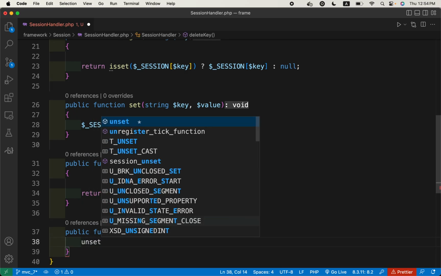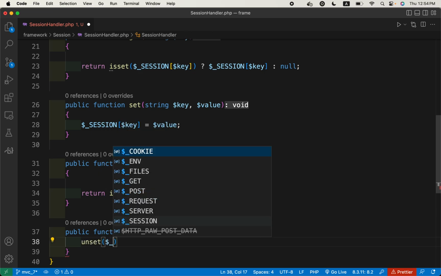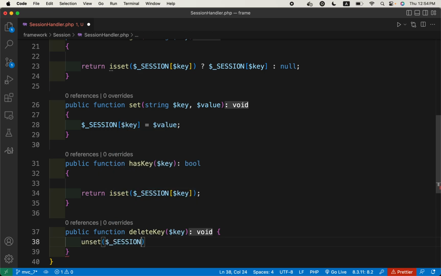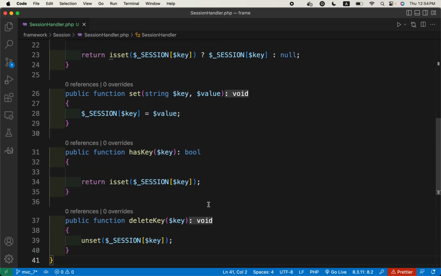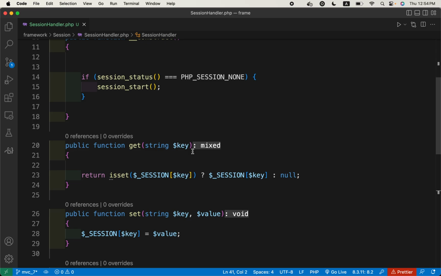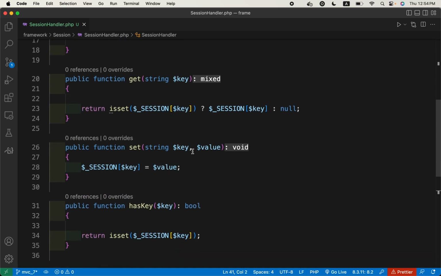It will be unset $_SESSION and then the key. Okay, so that's how any key can be removed or added to